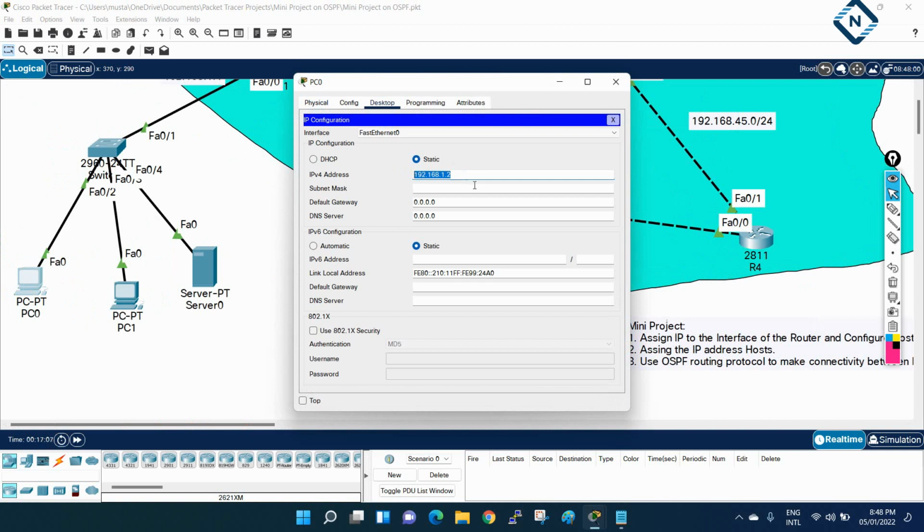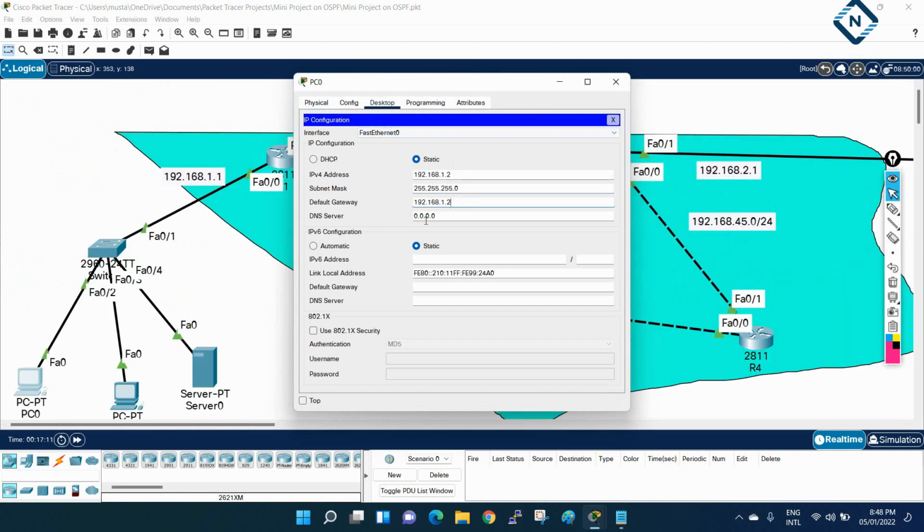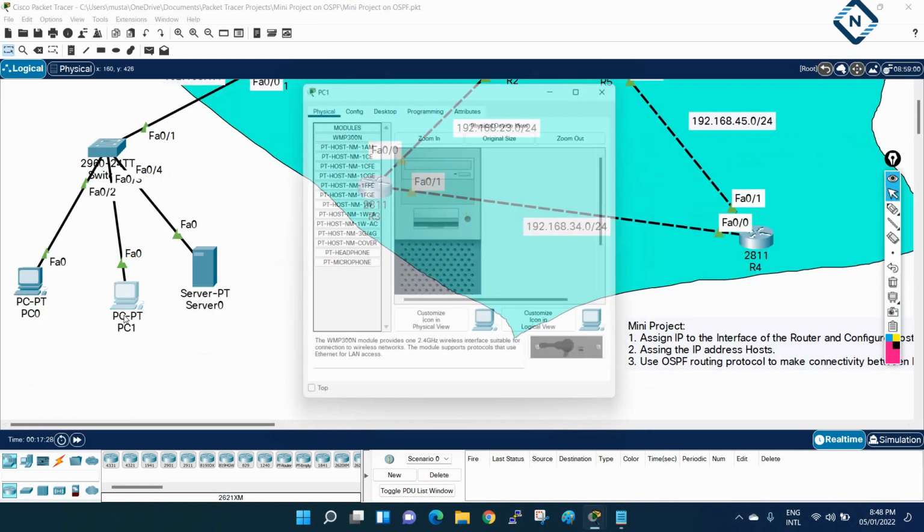I am using 1.2 because 1.1 is used here. So the next IP starts from 1.2, and the gateway should be the router interface IP. If you want to give DNS, we can use Google DNS, or it is optional. In this lab, no need. So this is the IP we assigned to the first machine.